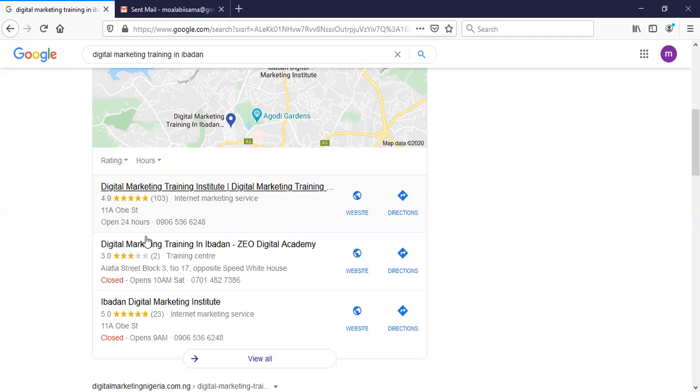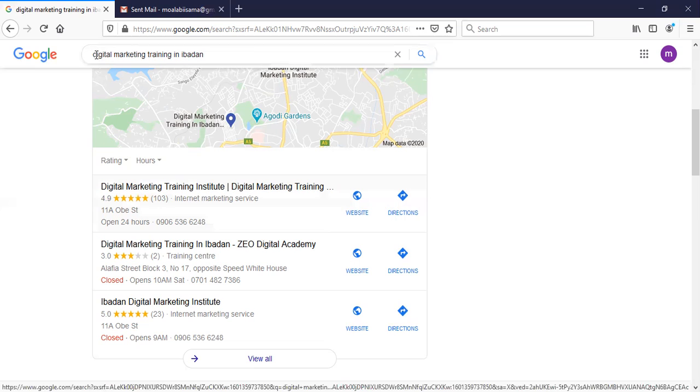In SEO, we call this the local pack. These are the first 3 results that show up on the first page of a Google search under the map. These are showing up under the map without the owners paying for it. This is very, very important that you know how to achieve this kind of results for your organization and for other organizations, because every organization wants to show up on the first page of a Google search whenever a search regarding their industry is done.